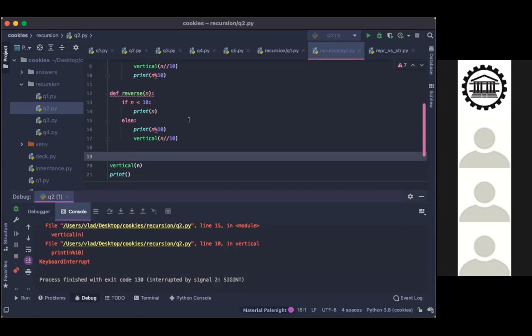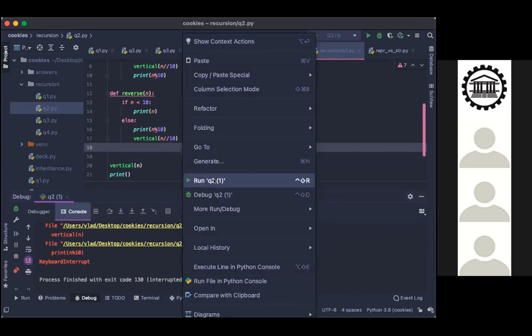Did you run the function? No, I didn't. Okay. Vertical function is called again, but this time it says integer division. Because the previous one was remainder division, the remainder would go away. The new input is the same number, but without its ones place. Now it's 1234, and it does that again and again, but it prints the ones place of that new number each time before calling the function again. Alrighty, let's see if that works.